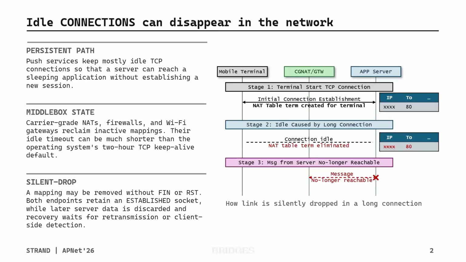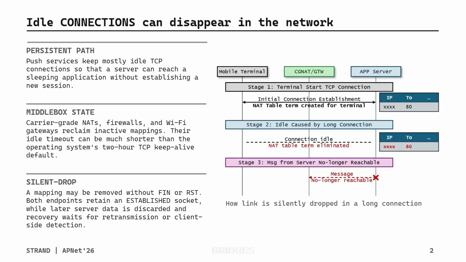Mobile push services depend on persistent connections that are active only occasionally. In deployment, that path contains many stateful devices. Cellular traffic can cross a carrier-grade NAT at the packet gateway or use the user plane function, while Wi-Fi traffic commonly crosses an enterprise or residential gateway. These devices, sometimes loosely called NAT devices, maintain per-flow mappings and remove idle entries to release ports and memory, often far more frequently than in an ideal environment, therefore causing problems.